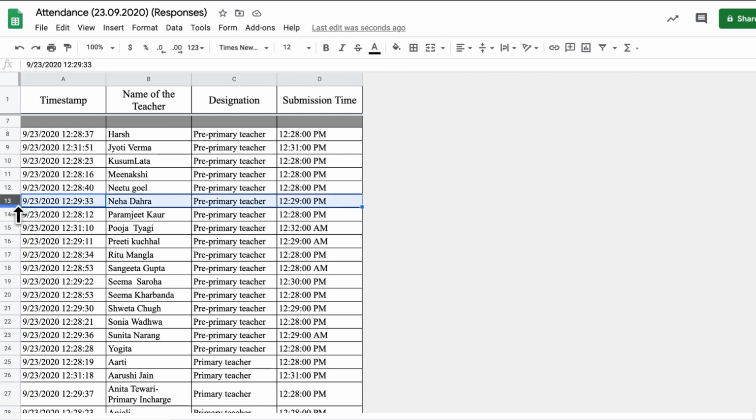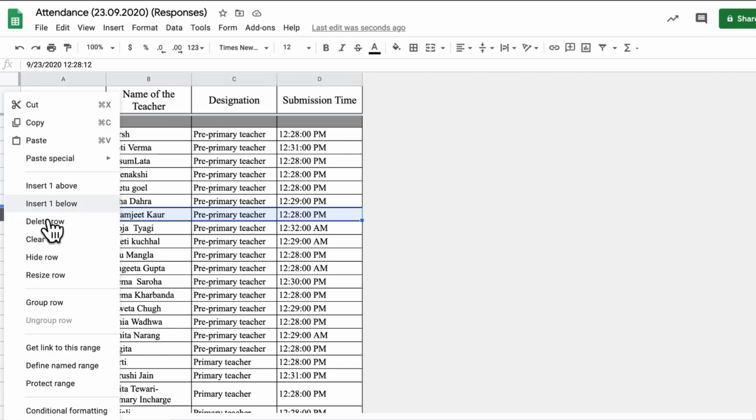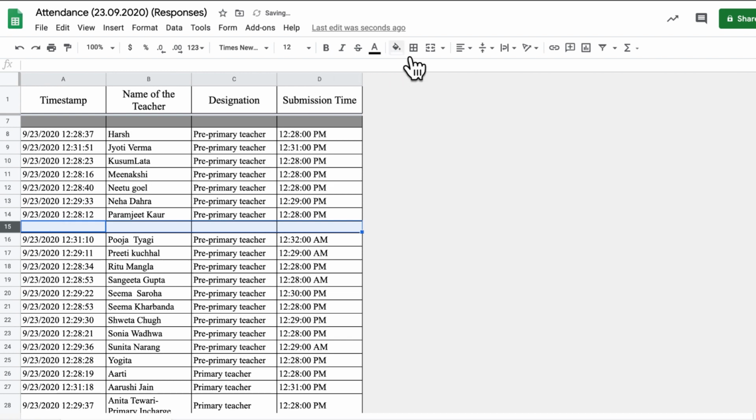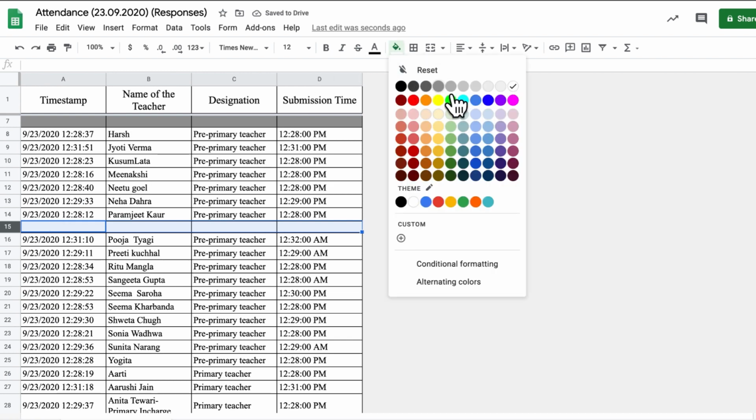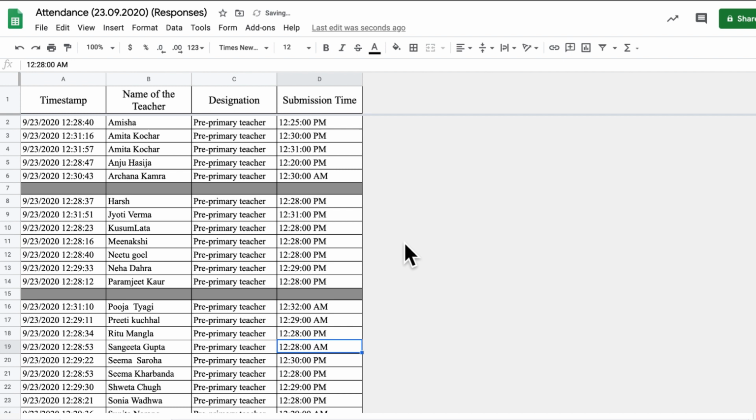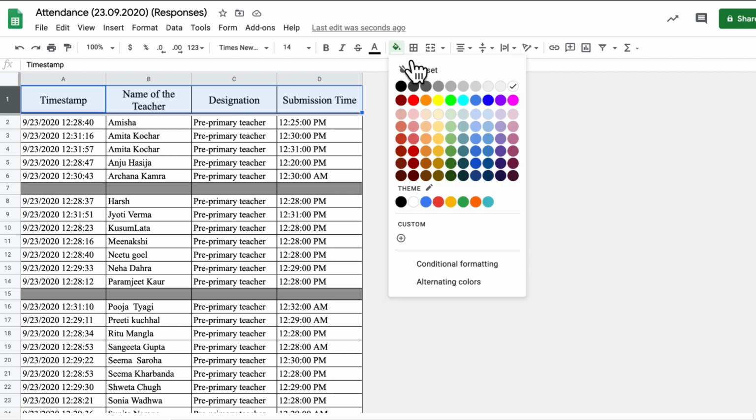In the same way, you can add one more row if you want to add.